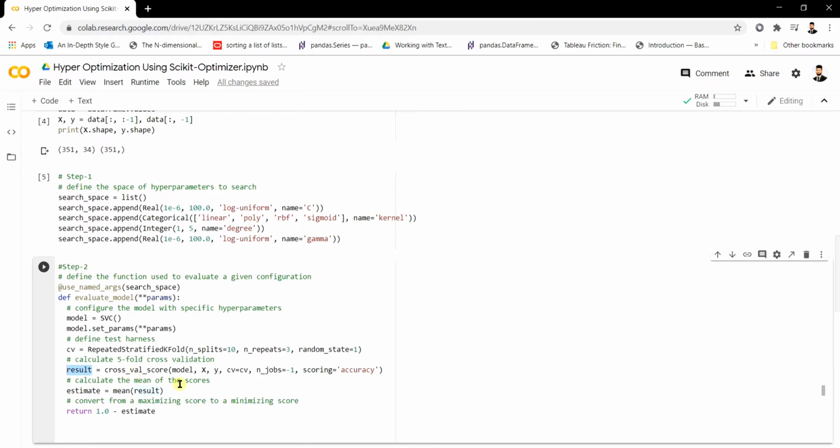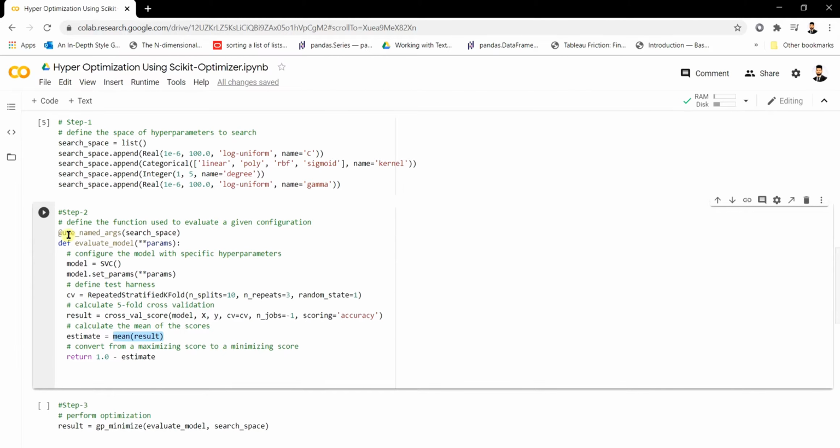Finally we'll estimate the result by taking the mean of that result and returning the value 1 minus estimate. We want to minimize the score, which is why we are subtracting this mean of the results from 1. So this is what our second step will look like, so let's just run it.